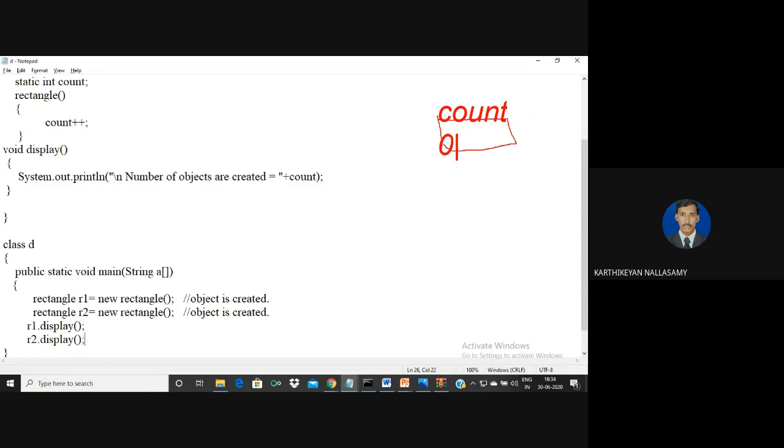Whenever an object is created, the constructor method will be invoked. There is an object memory called R1. This is for R1 and this is for R2.